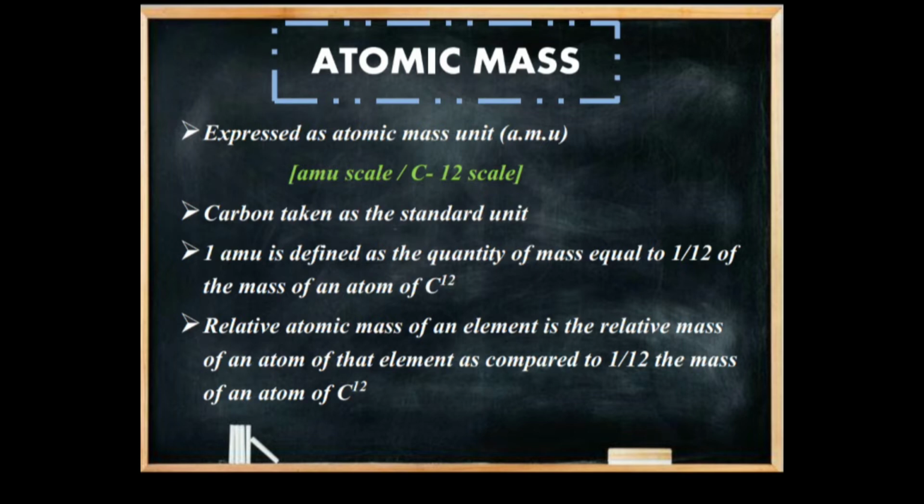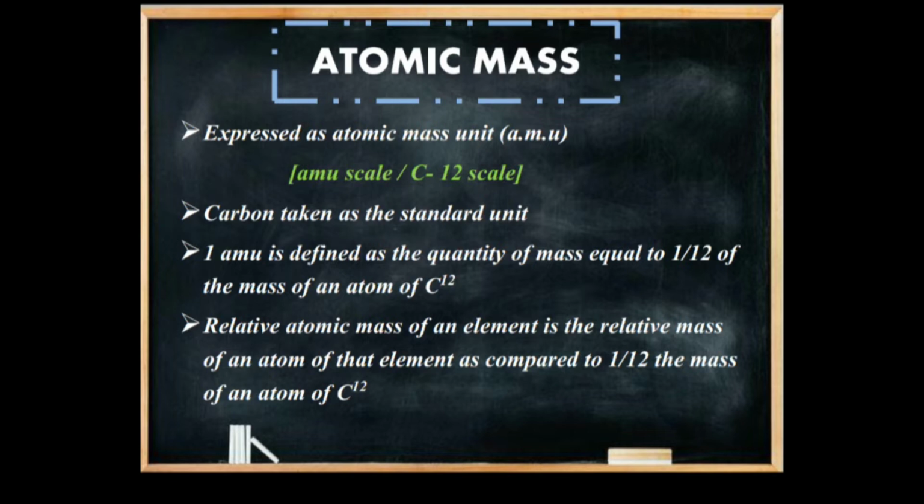The mass of an atom is so small that it cannot be determined even with the most sensitive balance. Due to this, the extremely small values of the masses of various atoms are represented as relative masses. In 1961, the International Union of Chemists accepted the stable isotope of carbon with mass number 12 as the standard for comparing the atomic mass of elements.